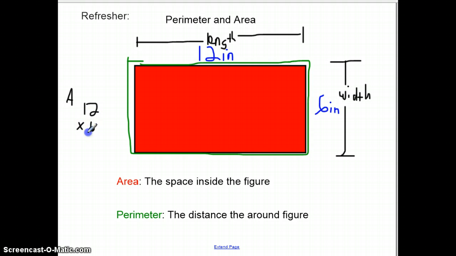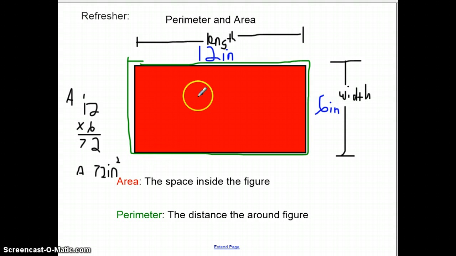So 6 times 2 is going to be 12, carry the 1. 6 times 1 is 6 plus 1 is 7, so 72. So our area here is going to be 72 inches squared. Now, it's very important to make sure you understand that area always has a squared in it, whatever the